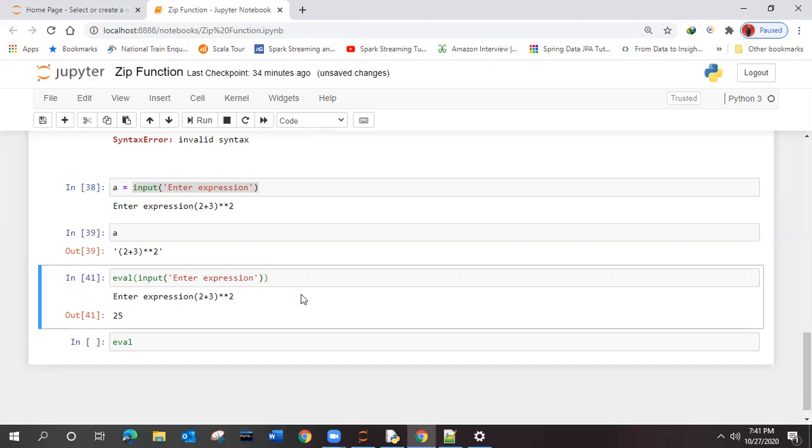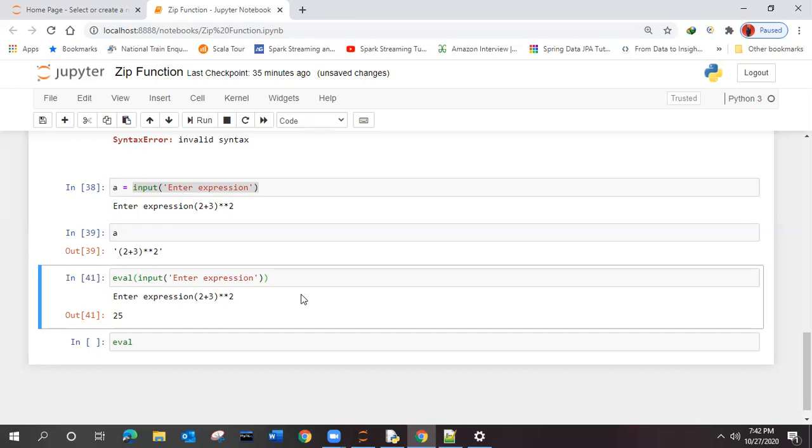Is it clear or not? It's clear. So this is how the eval function is working. But make sure you should not use this eval function for something like login. Suppose there is some login, and you log in with the username and password, right?